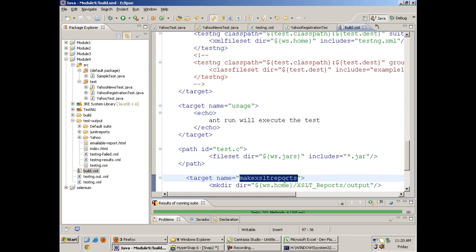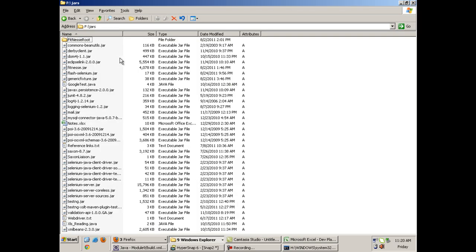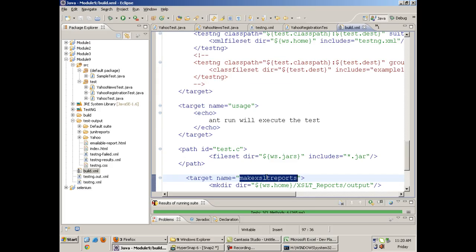These reports will only be generated if you have some jar files present in your jars folder, such as saxon.jar and some other jar files. You can download all the 5 to 6 jar files required from the link in your account after you log in.